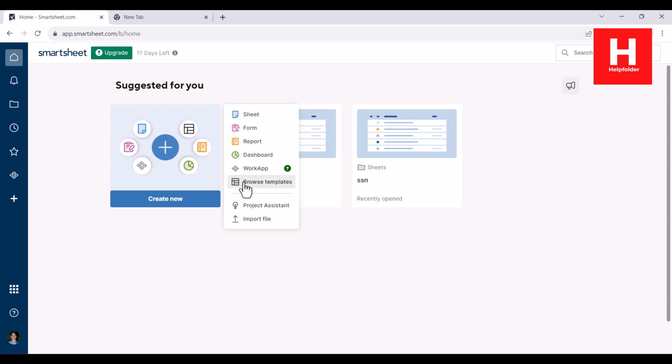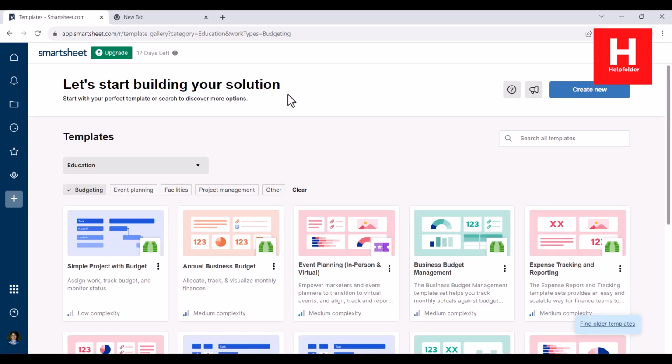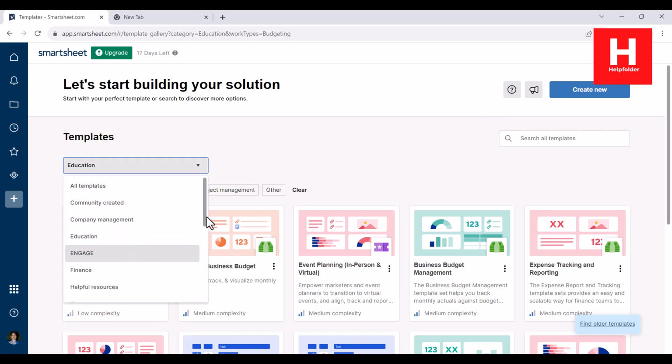So this is what I will use right now to create out of template. So click on that. Here you get plenty of options for templates, right? On the top of that you also have the option to create new, where you will create from blank, right? So let's say if I choose something in finance domain,